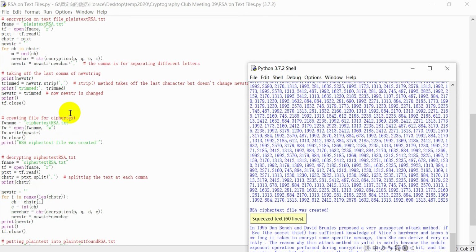After we found the encrypted message, we're gonna create a file to put the ciphertext. The name of the file is ciphertext rsa.txt. We open the file in write mode. When Python tries to open the file and realizes that it's not there, it's gonna create the file. So after we run it now, I used to not have a file called ciphertext rsa.txt in the folder, but now,